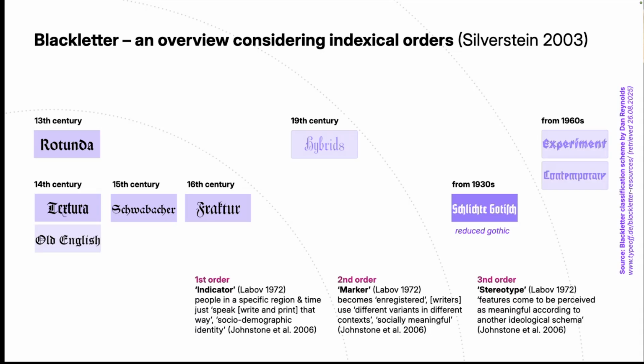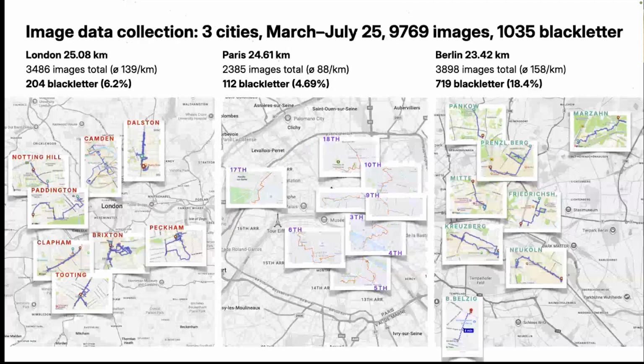It doesn't stop here. New layers, new variations are being developed. And what I want to do now in this presentation is to map the image data that I collected and the associations verbalized in interviews onto these layers and see whether certain meanings are mobilized more in some geographical regions than others. To tell you a bit about how I collected my data, I walked 15 days, 25 kilometers each